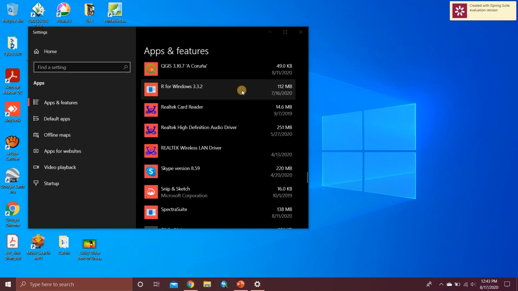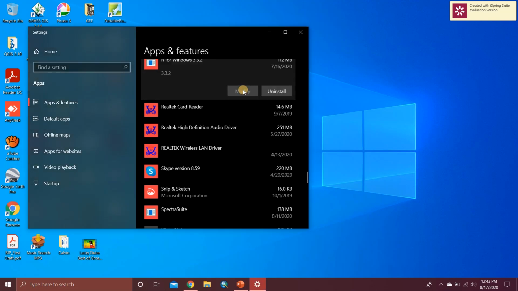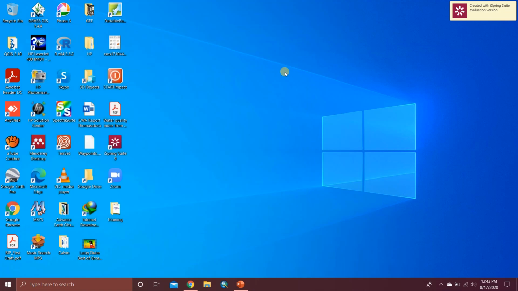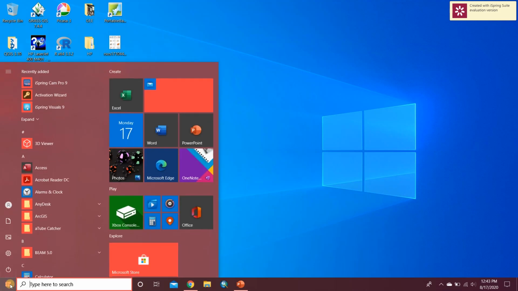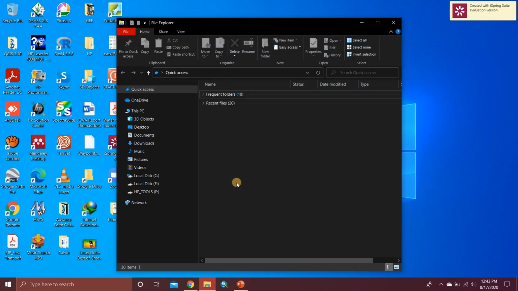You can remove the ARA for Windows if it is already installed in your computer. So for Windows 7 programs, just go to your file browser or file explorer, and then you look for